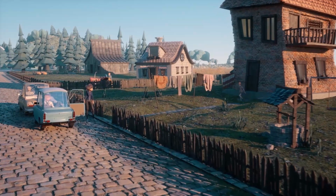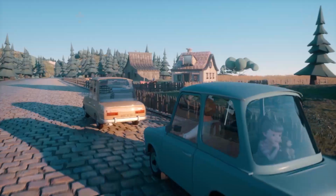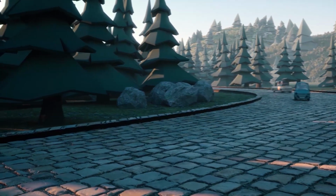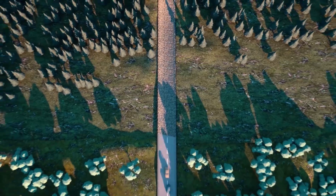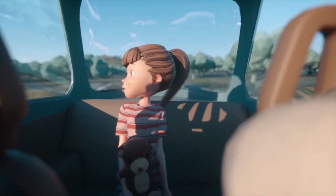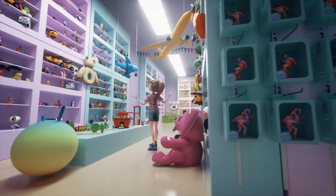So we choose it because we want to show a child's view of the story, and we decided to do it in a stylized way, kind of like a Pixar character, but not at the big production company. Just 2 guys doing it in our company. So we want to show the best we can do. So we have a workflow